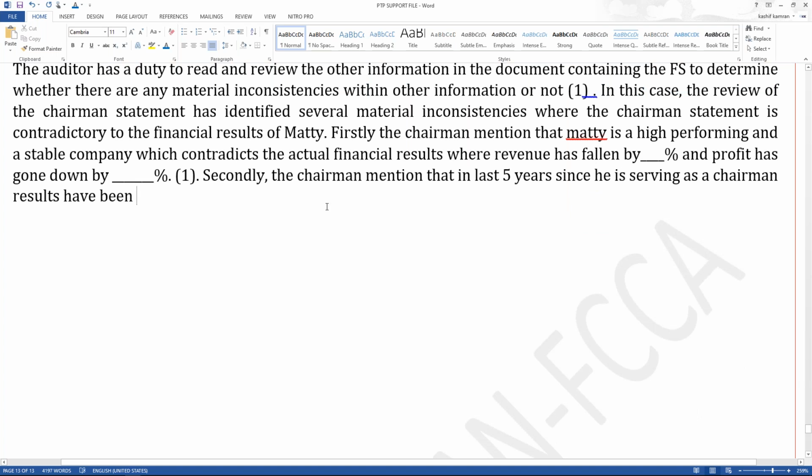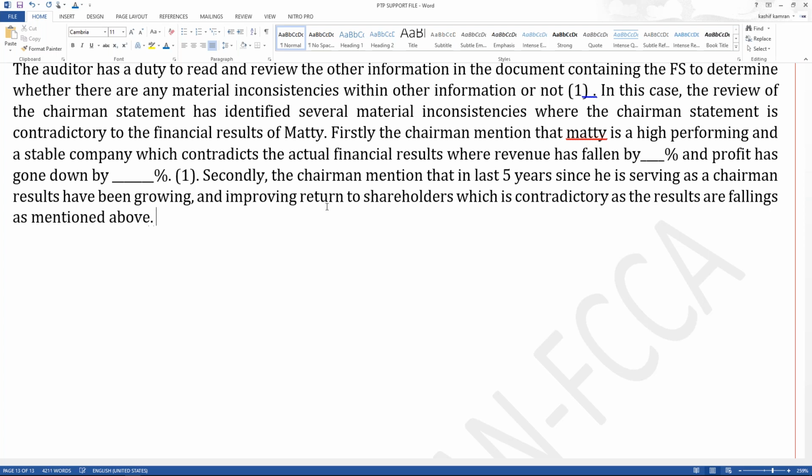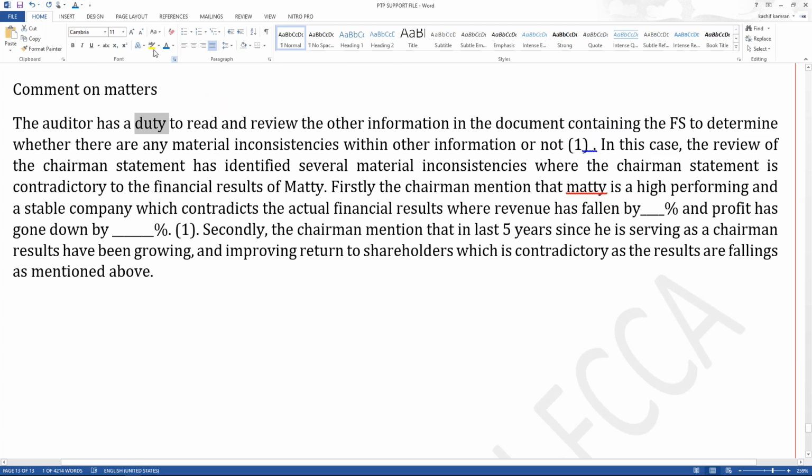Since he's serving as a chairman, results have been growing and improving returns to shareholders, which is contradictory as the results are falling as mentioned above. Full stop. So see, you are telling that my duty as an auditor is to review the other information, 1